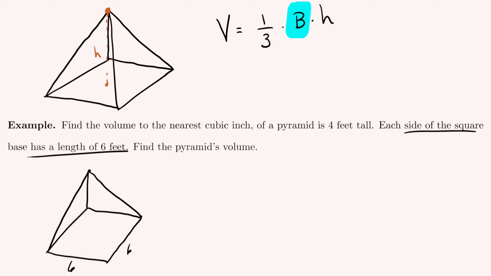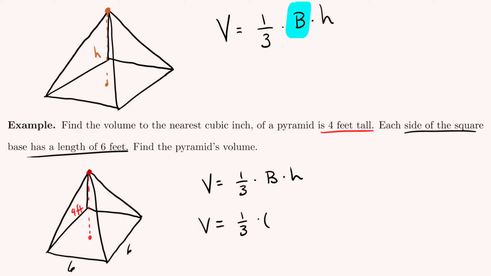And in particular, whenever they tell us the pyramid is 4 feet tall, that means at its highest point, so from here down to its base, is 4 feet tall. So if we were to find its volume, we know the volume is 1/3 times B, which is the area of the base, times the height. And for our particular example, that will be,